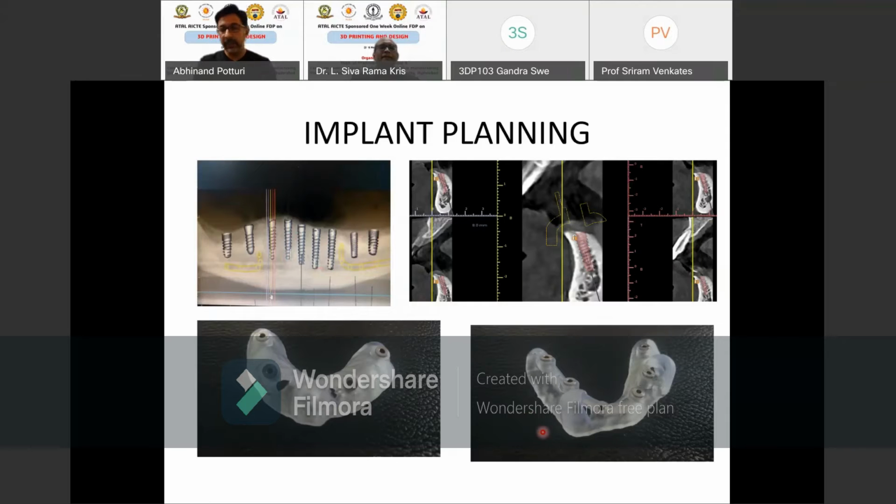Without 3D printed models... So this one, sir, this is polymethyl methacrylate, PMMA. Which technology is used, sir, for making this? Additive technology, sir. Which technology, like PolyJet or FDM? Which one is used? Sir, this is FDM, sir. FDM, okay. Yes, sir.